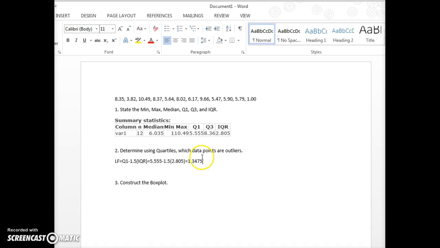1.3475. And then the upper fence, we have Q3 plus 1.5 times the interquartile range. So that equals the Q3 we have, 8.36, plus 1.5 times 2.805, the interquartile range. And to calculate again, we get 12.5675. So now we have to look at the data, and do we have any values below